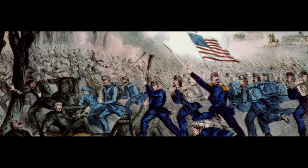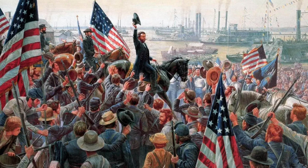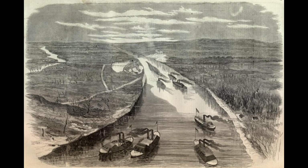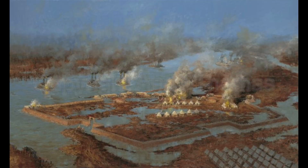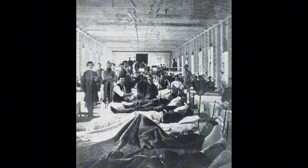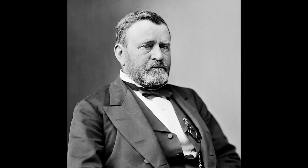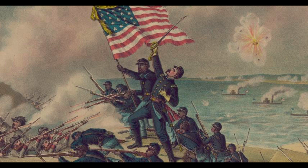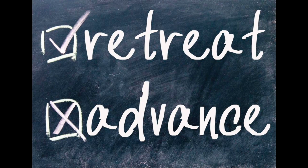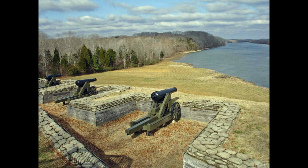The Battle of Mill Springs on January 19, 1862, secured a significant Union victory in the Western Theater, driving Confederate forces out of Kentucky. The battle at Fort Henry was marked by unfair conditions favoring the Union. The fort was flooded, causing illness among Confederate troops, and their weaponry was outdated. General Ulysses S. Grant commanded a significantly larger force of over 15,000 Union troops compared to the 3,400 Confederates defending the fort. This disparity led the Confederate forces to retreat to Fort Donelson, where they could face the Union again